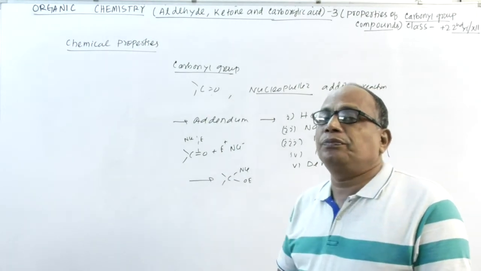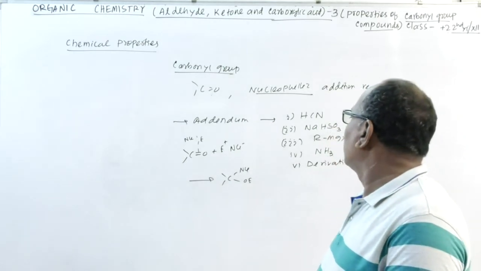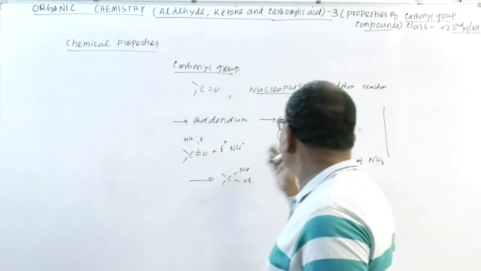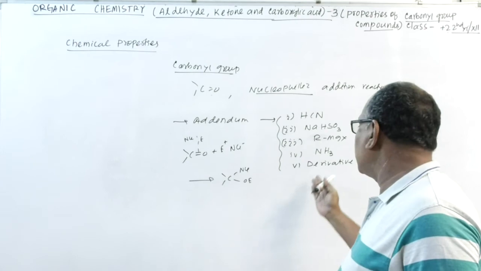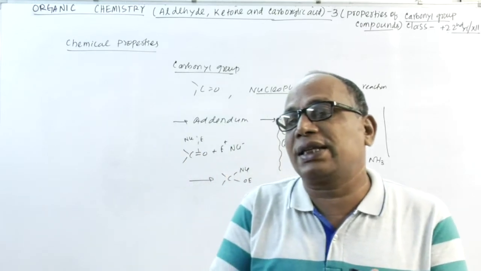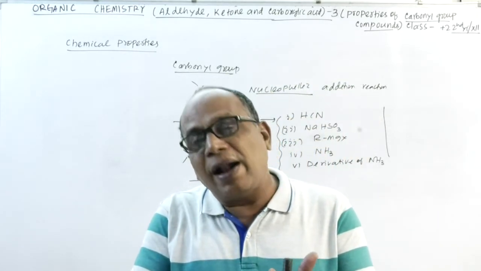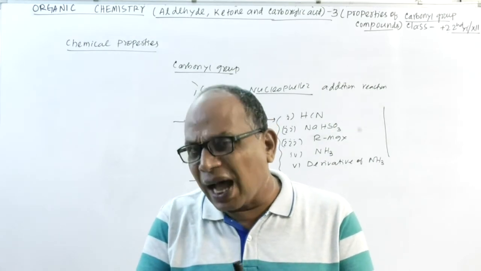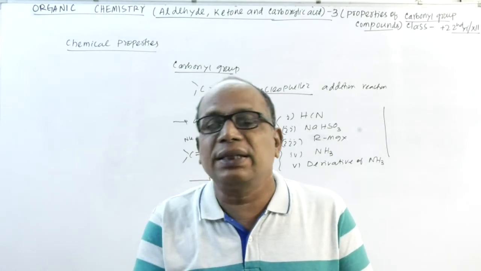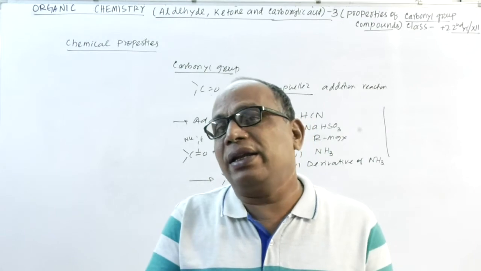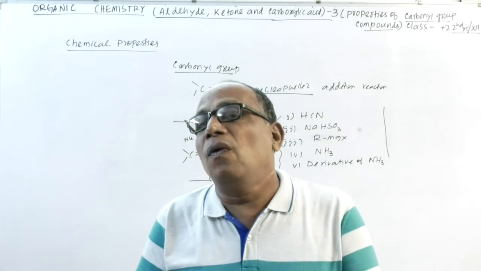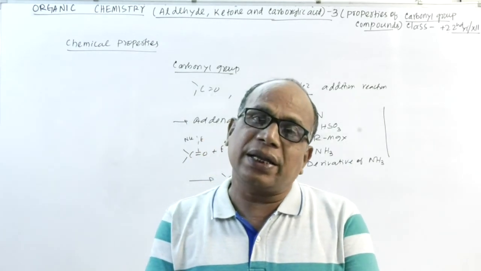Okay, students, this month we will discuss thoroughly the addition reactions of the carbonyl group with HCN, sodium bisulfite, Grignard reagent, ammonia, and derivatives of ammonia. Okay, students, today we will discuss the methods of preparation of aldehyde and ketone from alkyne and alkene. The alkyne on hydrolysis gives the aldehyde or ketone, and only acetylene, that is ethyne, gives an aldehyde, that is ethanal, while other alkynes always give a ketone.